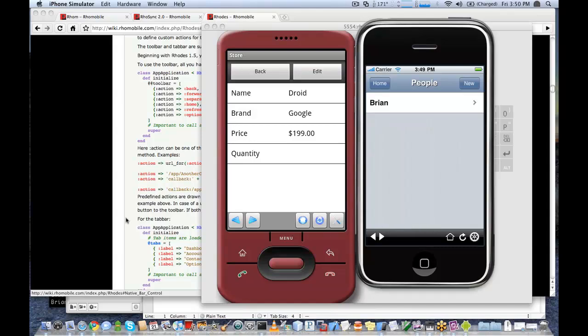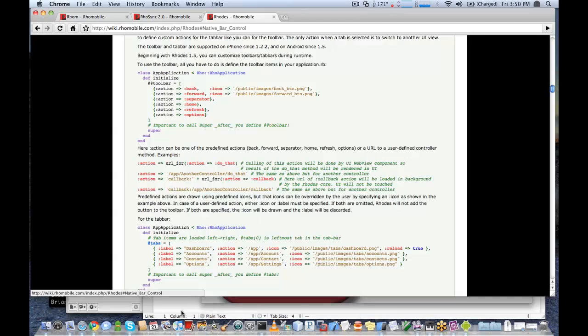So let's go in our application now and try and change that. Go back to